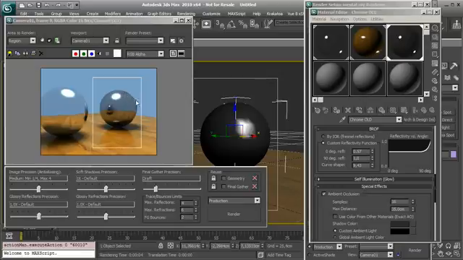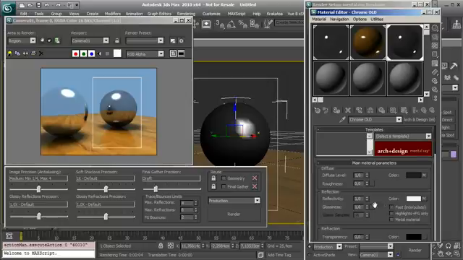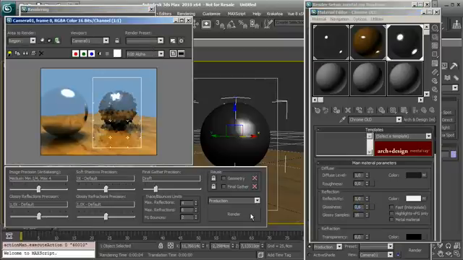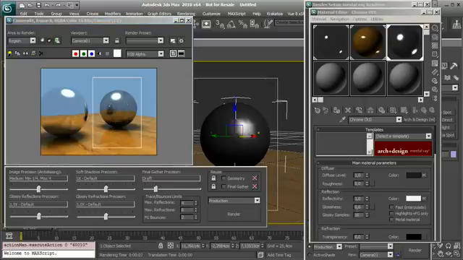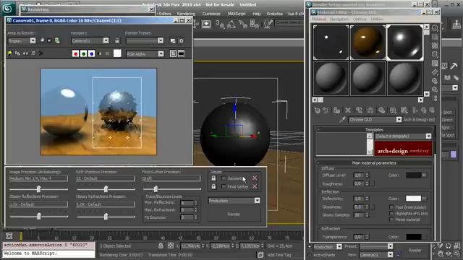Okay, so we have more reflection there and less reflection over there. Let's go there, and let's start using a glossiness 0.6. Maybe a little bit more, 0.3. Okay,